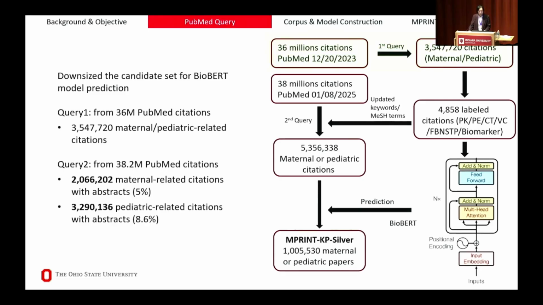This is the first query, and after we updated the keywords and the match term list, we applied the official query and found 2 million maternal-related papers and 3.3 million pediatric-related papers to support the following